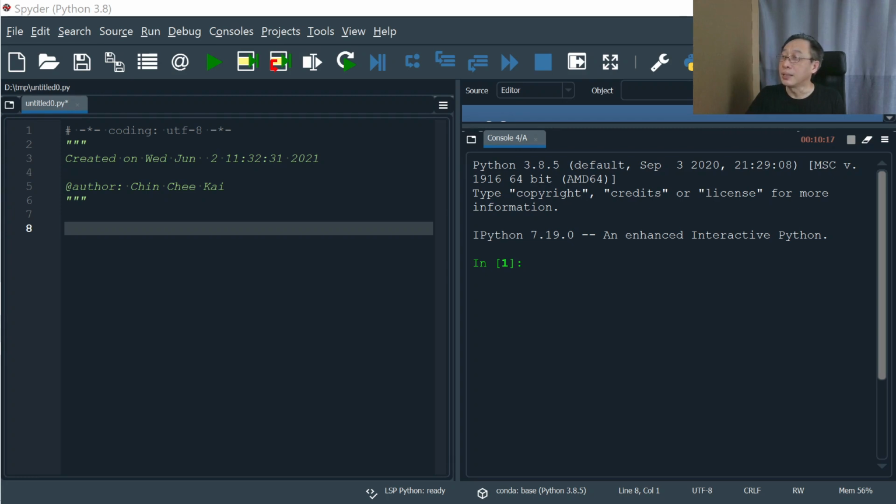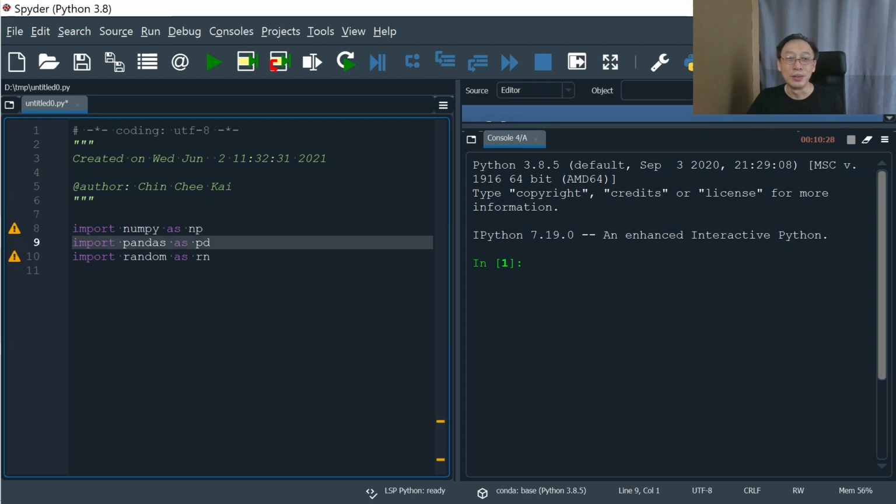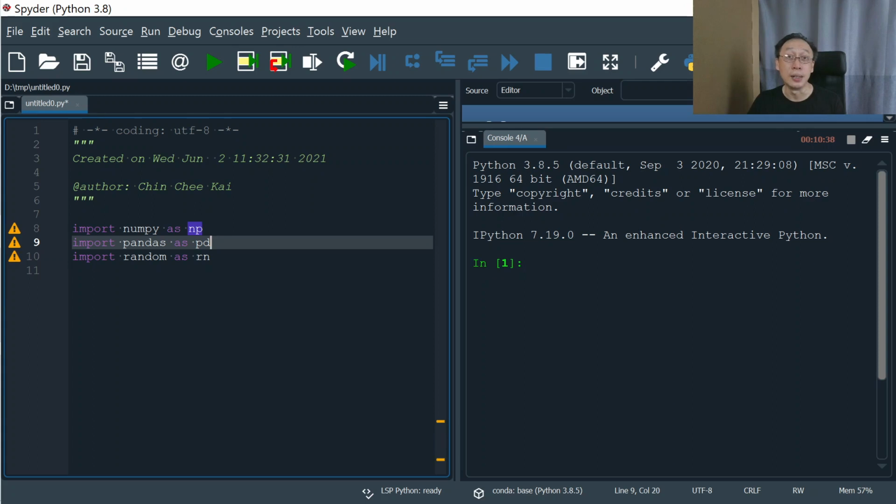Okay, so let's begin by declaring that we need to use NumPy and pandas. Now, a little bit of advice here. We alias it. We name NumPy as np and pandas as pd. Now, although this is really up to us to call it, I strongly suggest you follow the same np for